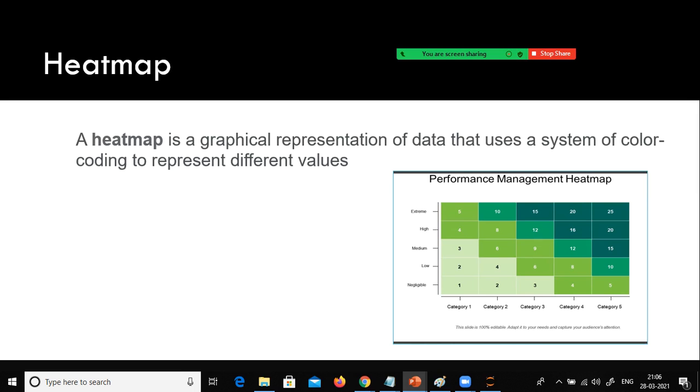And the next one is the heat map. A heat map is also a graphical representation of data, but this one is very helpful for any layman, though they do not know how to interpret a scatter plot. Not all people are familiar with scatter plots, histograms, and box plots when it comes to interpretation. But anybody can make out by looking at the heat map. This is from the layman's point of view.